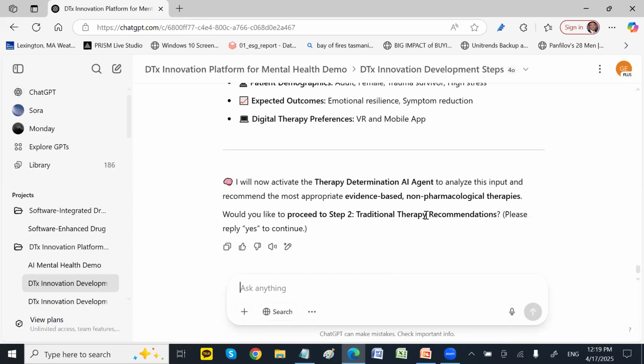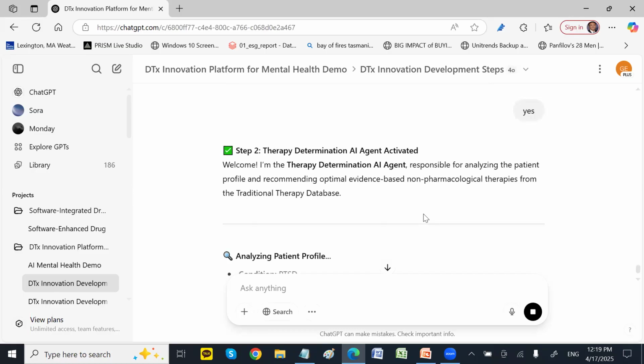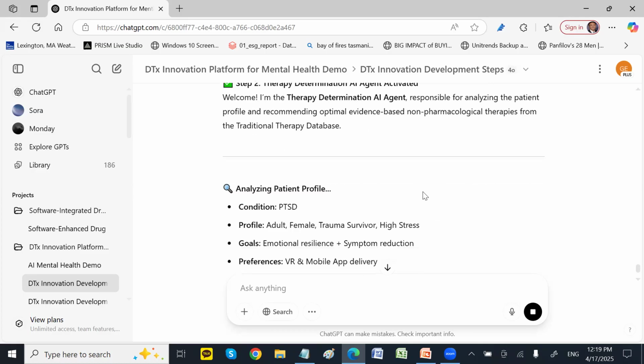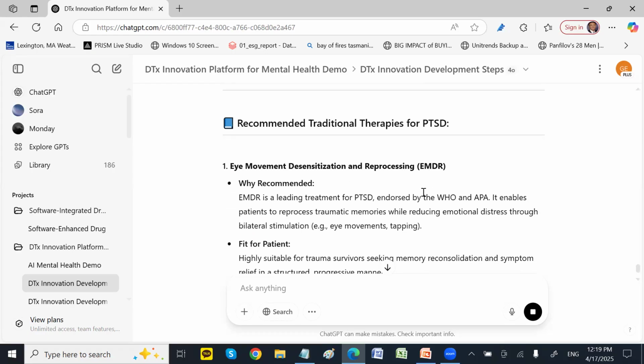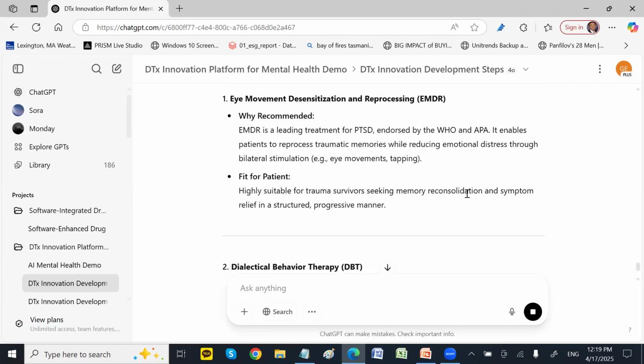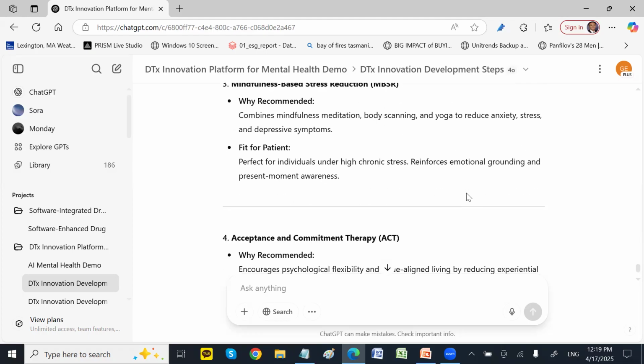And then next, based on this input, it tries to find out what the best standard of care is for this input, right? It tries to understand your current input, and then it recommends traditional therapy for PTSD, and it provides all the standard of care.